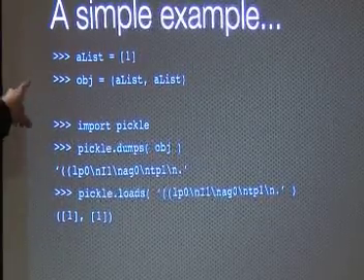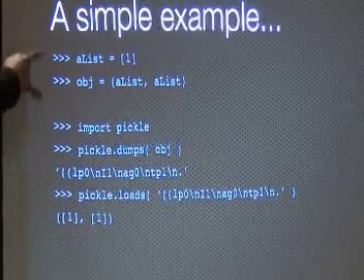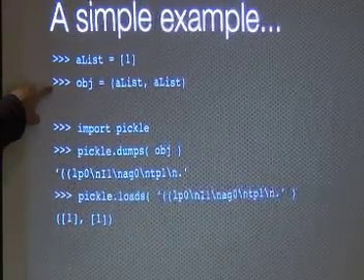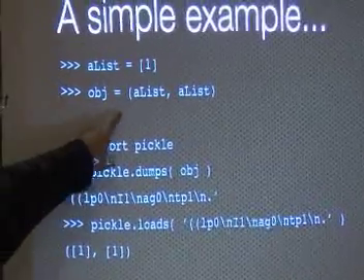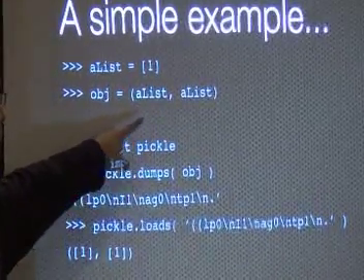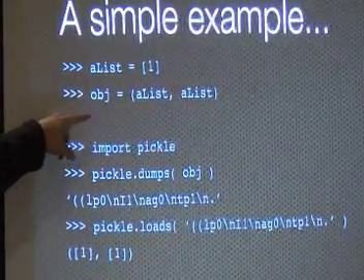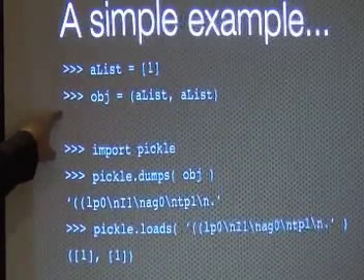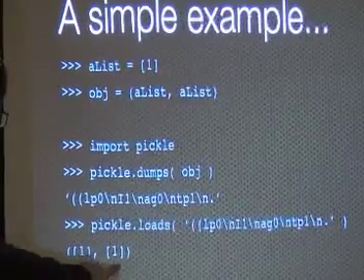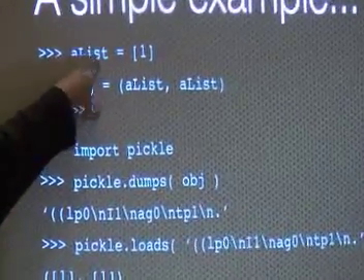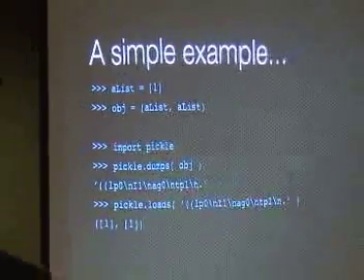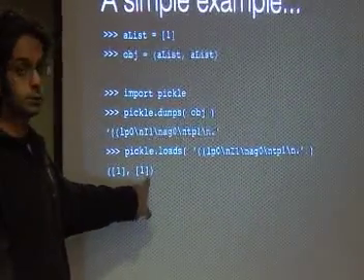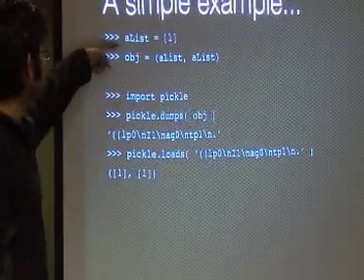And the really interesting thing about this is that if you're new to Python, this is kind of a funky situation, because we have this object that is sort of like an immutable list. It's a tuple. And it's referring to this variable twice. So the funky thing here is that if we were to print this out, we'd get this basically. But if we were to take the list and append the number 2 to it, then this would appear as 1, 2 here, and then this would also say 1, 2, because it's actually pointing at the same